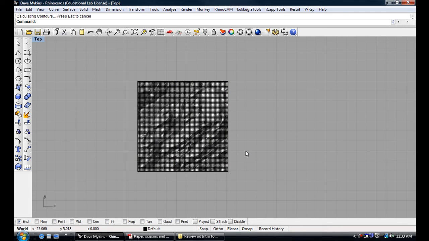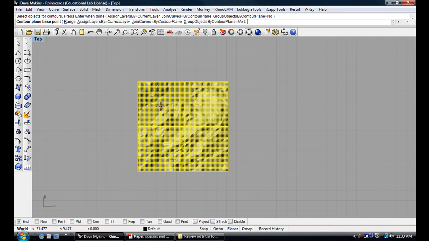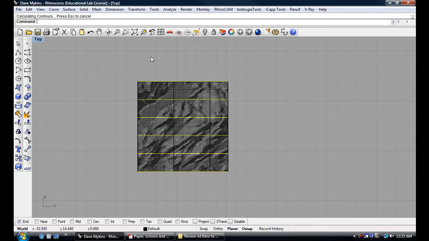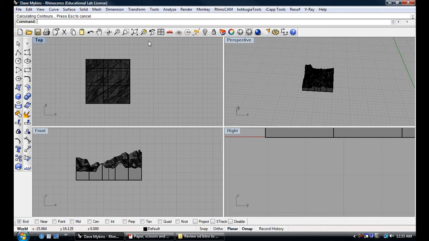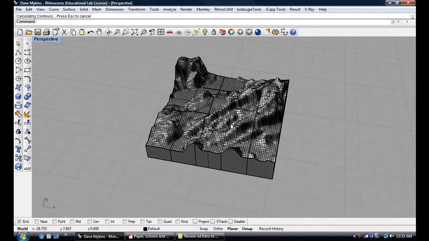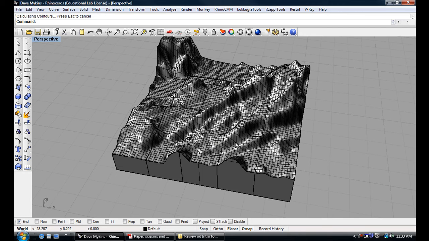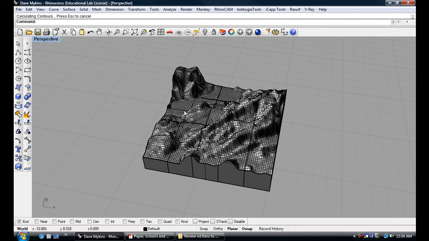I'm going to rerun this command now. Again, I'm going to select the surface, and that's going to be my starting point. And this time, instead of going across this way, I want to go up. That's up, and I'm going to use the same value because it's a square. When I'm done, if I look in perspective view, I can now see that I've got my contours running in